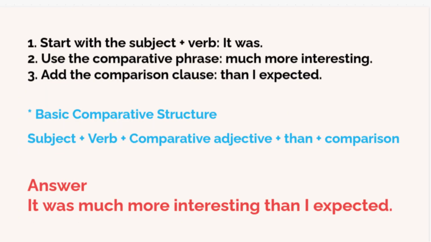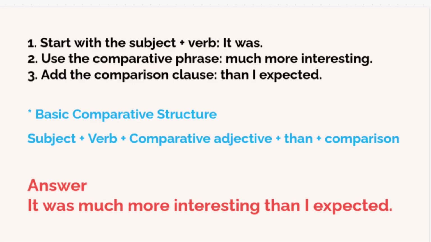In today's TOEFL lecture, we will focus on the basic comparative structure, which is commonly used to compare two things. The structure is subject plus verb plus comparative adjective plus than plus comparison. For example, we can say, "This book is more interesting than that one." In this sentence, more interesting is the comparative form of the adjective, and it is used to show the difference